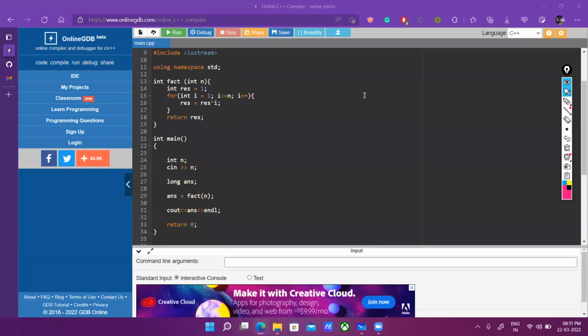This is the code section for the factorial tutorial. Now this factorial, the first approach which I have said was iterative, right? Now the iterative is, you guys know,